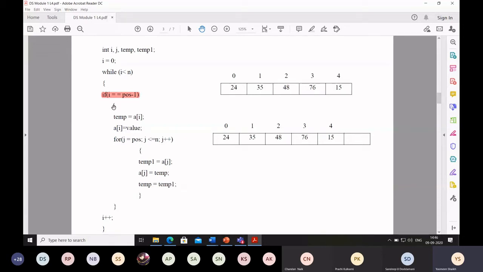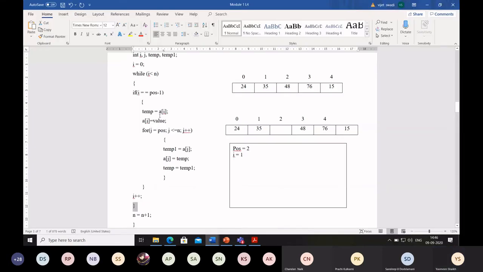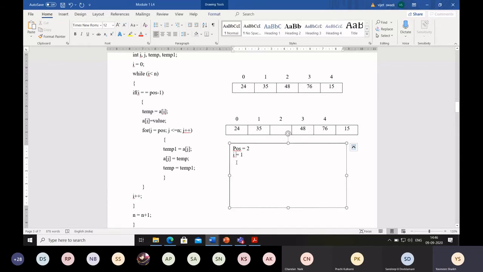As it is true, so this part of your if will execute. So as this part of if will execute, in the if, the first statement is what? Temp is equal to A of i. So what we will do now?